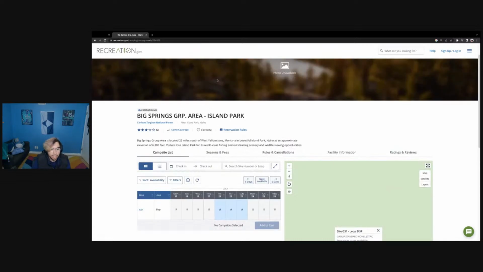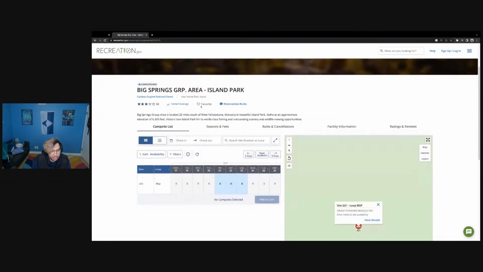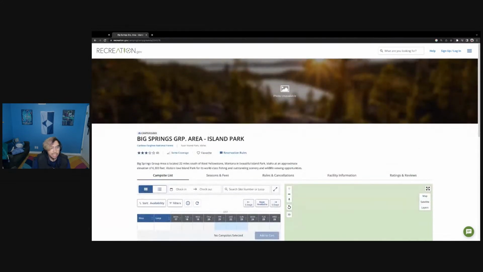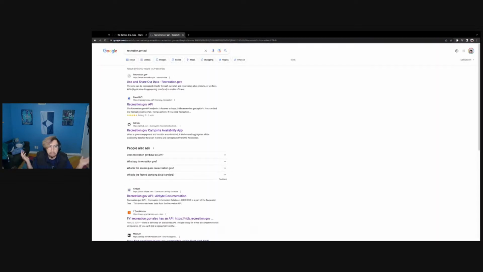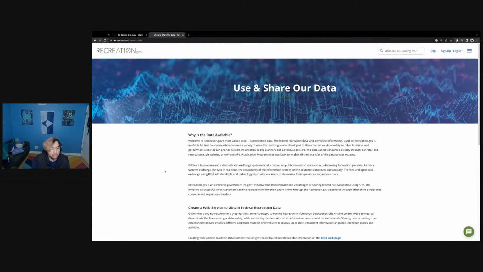So, government sometimes has some pretty neat things that if you just know what to search, you might be able to find it. So we're going to go recreation.gov API. It's going to search that. And one of the first results here is use and share our data. Data is its most valuable asset,